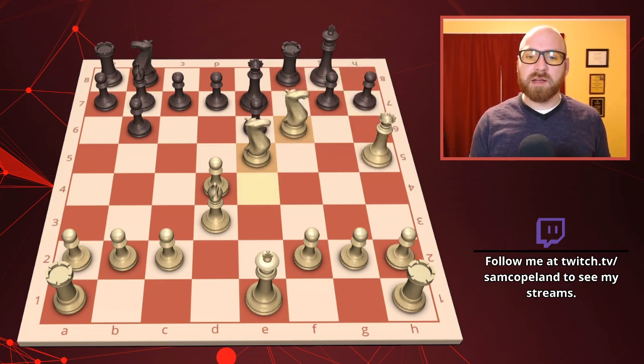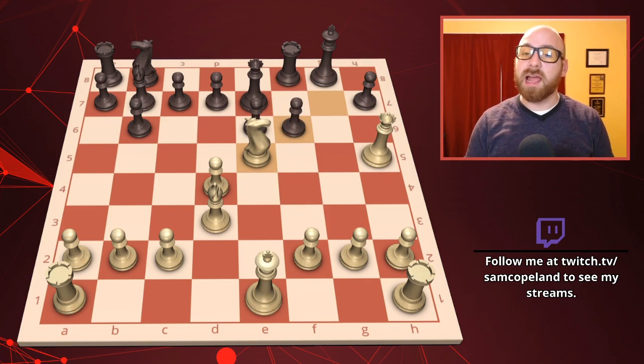However, after knight takes f6, the point of queen e7 was that the pawn can capture on f6, and now the queen on e7 defends this pawn. There is no checkmate. There's a very interesting game ahead, but it is not a game in which white will finish the game with checkmate by move 20, as we'll see in the actual game.